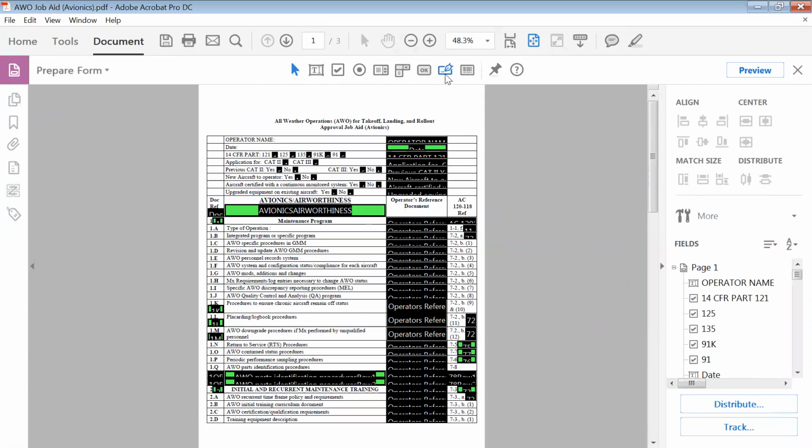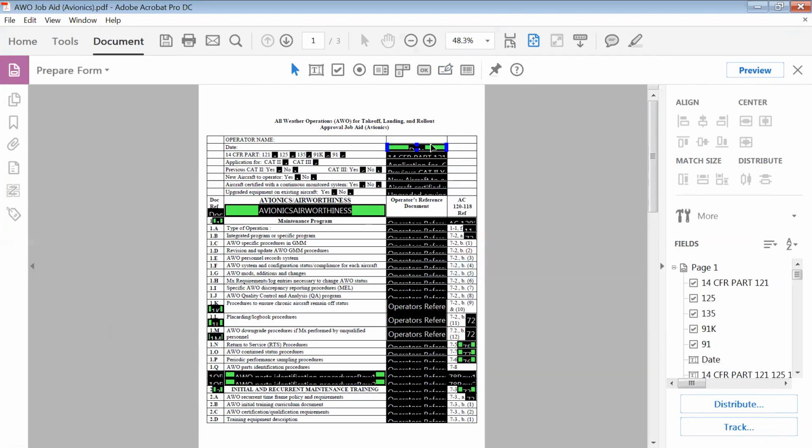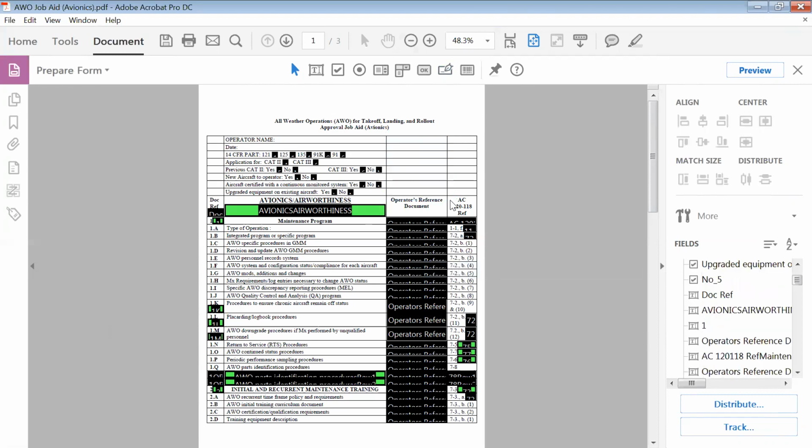So to do that, we don't want all of these, so I could click on that, right click and hit delete, or I can click on it and hit the delete key on my keyboard, or since I know I don't want all of these, I'm going to highlight them and then hit delete on my keyboard. I know all of these I don't want, so we're going to save time